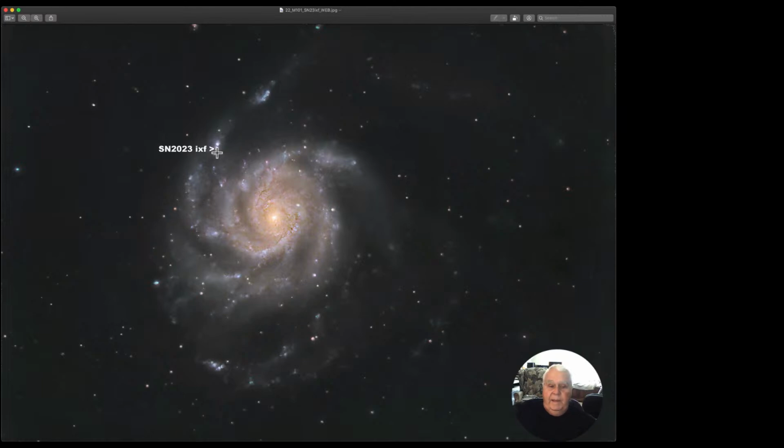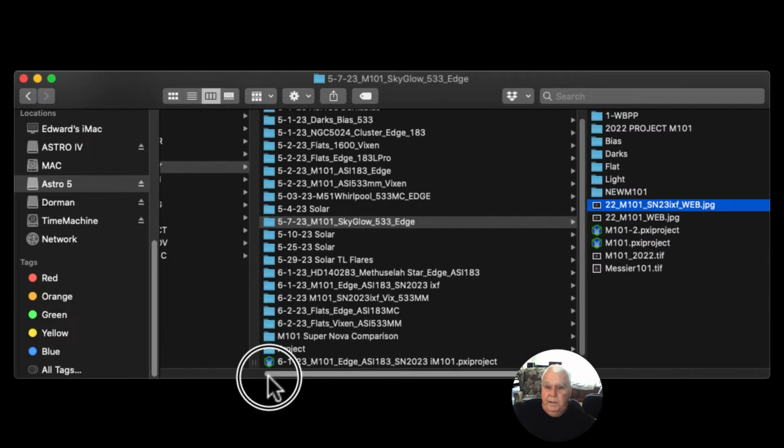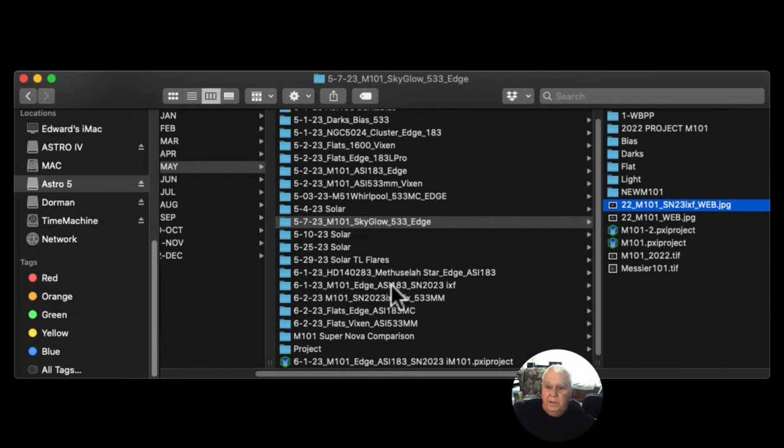And now I took this like, when I heard about the supernova, I started looking at the 101 images that I had taken in May, and I pulled them up, and I thought, that's got to be it. That's just got to be it. But it ain't it. So I've taken it since then. We didn't have any clear sky nights for a long time, and so isn't that the case with all of us? So somewhere around